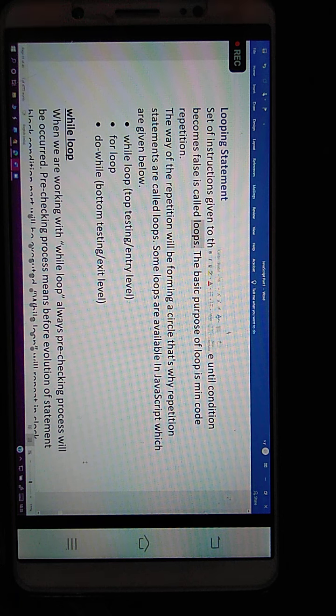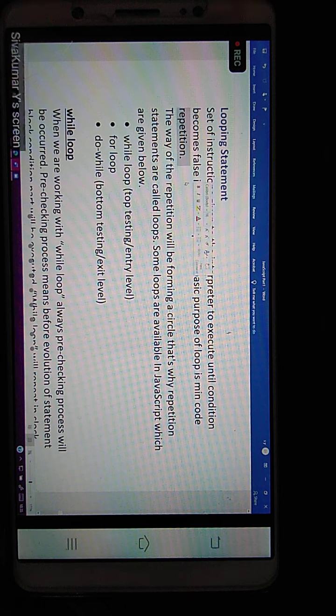Now, what are the steps we give to those? They execute the statements continuously again and again. The execution stops whenever your given condition becomes false. So the basic purpose of loops is to minimize the repetition of the code. We use loops for the purpose of reducing duplicate steps. Repetitive code is nothing but duplicate steps or duplicate coding, which loops minimize.